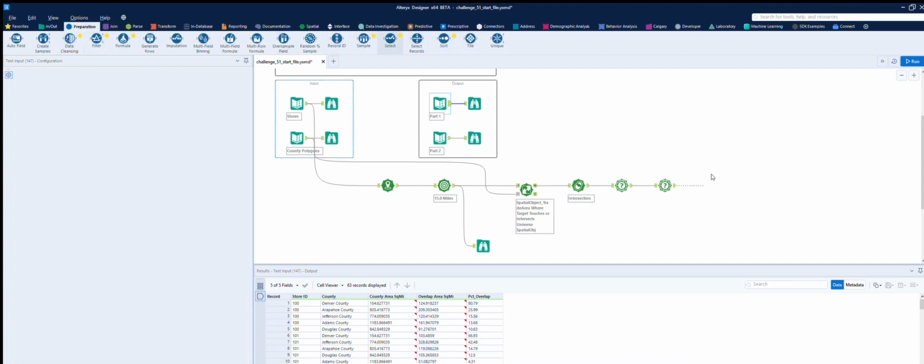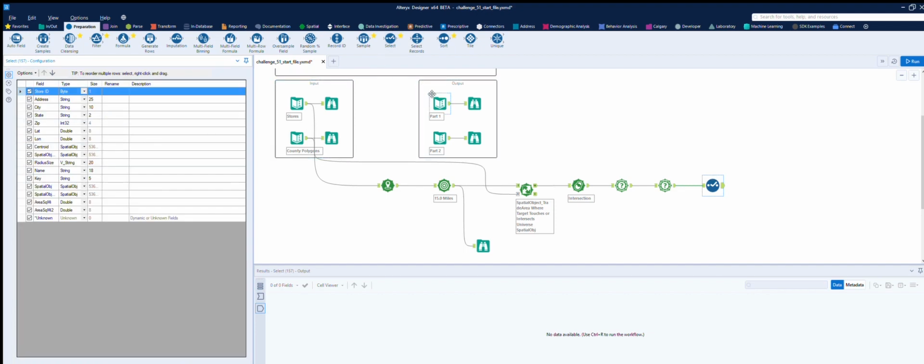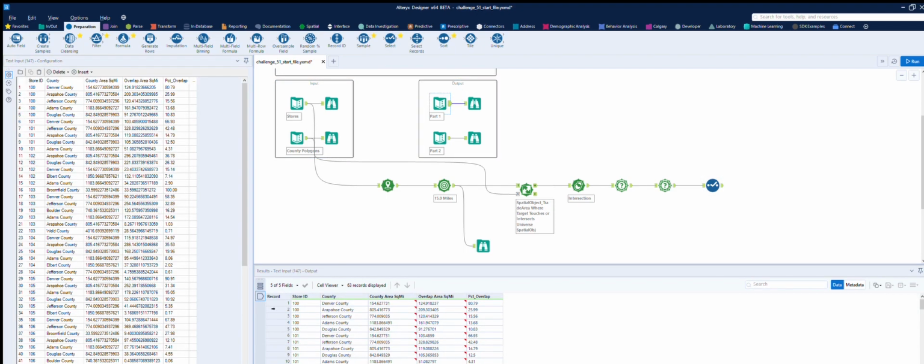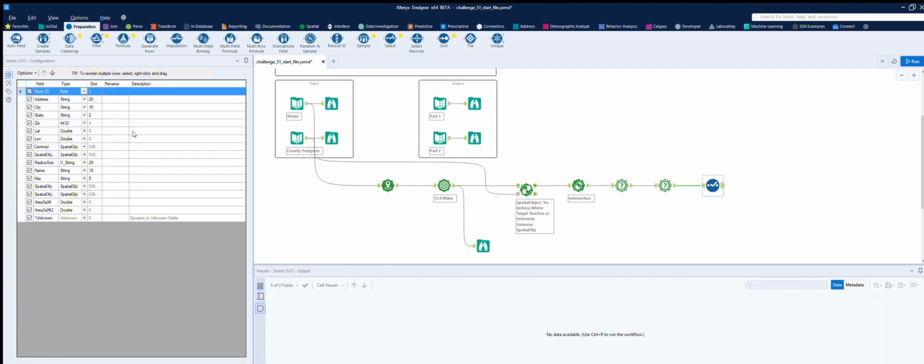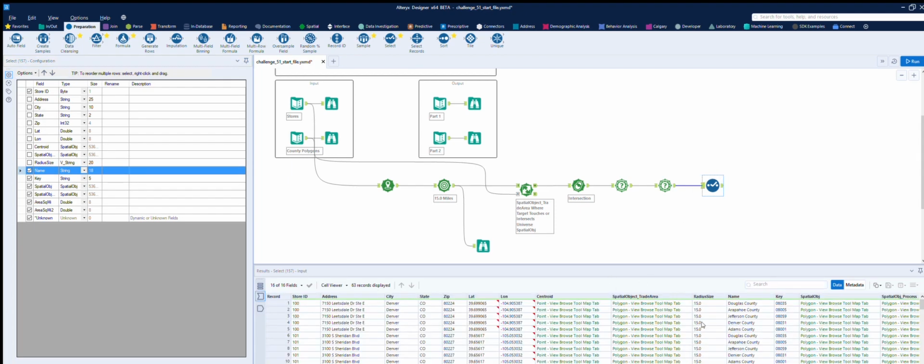So we're going to select. So we want store ID, address C. What's it got in here? Just got county, store ID and county. Okay. So we don't need address, city, state, zip, lat, long, centroid, spatial, radius, name. Is that the county? Let's have a look on the data on the way in. Name is the county, so we can rename that county. Get rid of key. Okay, spatial object, and then this is the county